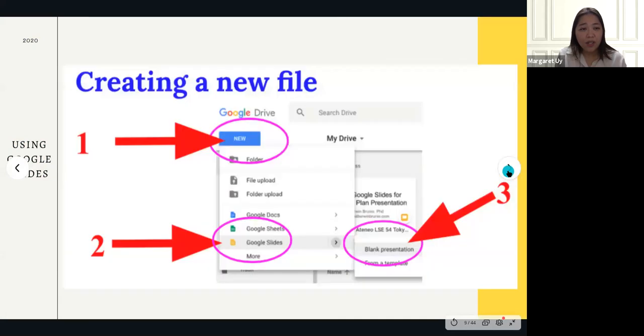So when you click on the new, diyan sa new, punta tayo sa Google Slides, and then click on blank presentation. For now, my advice is to click on the blank presentation. You can practice on it, maybe after this session, okay? Or maybe while I'm teaching right now, or while I'm talking about it. Or you can actually click from a template, and you can choose different themes, okay? If you click from a template. Now,